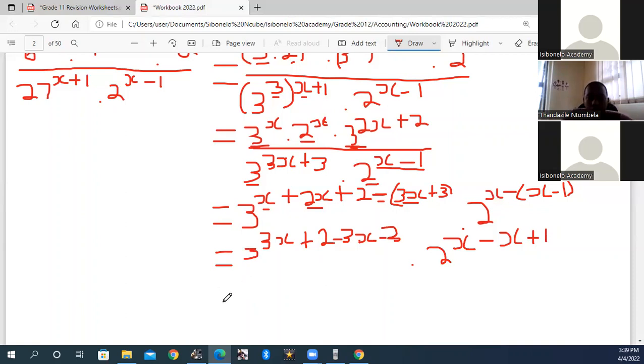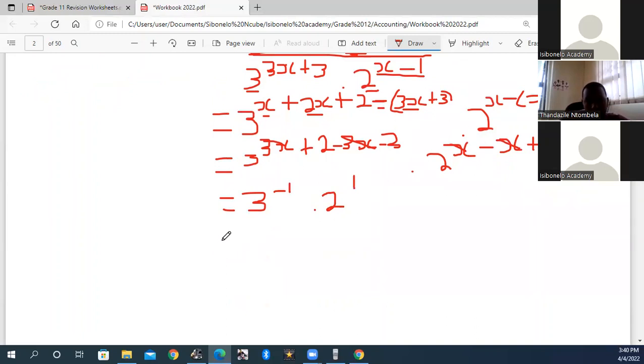Okay. So now at like terms we bring back the base 3. We have 3x minus 1 and then 3x. Then we remain with 2 minus 3. What is 2 minus 3? Negative 1. Negative 1 times x, and the x minus 1 we are left with 2 to the exponent 1. 2 exponent 1. Okay, so this is